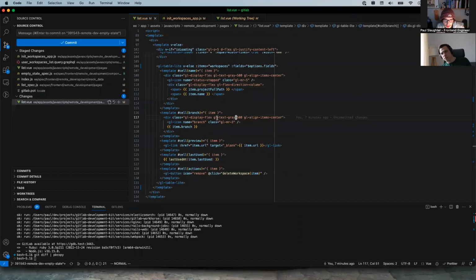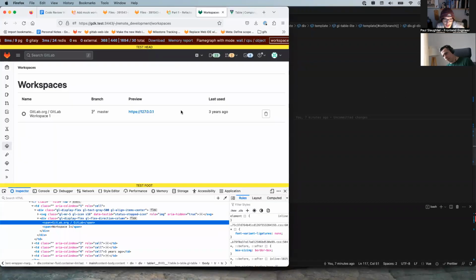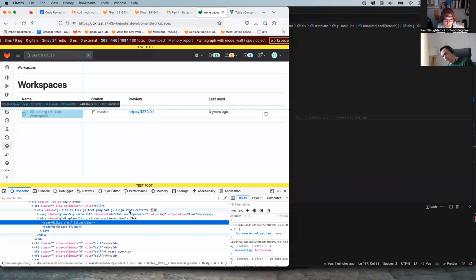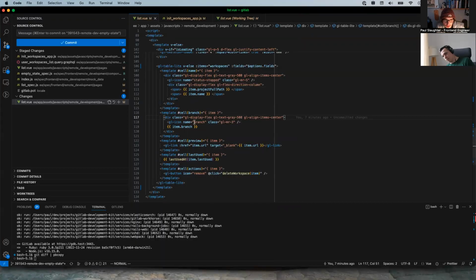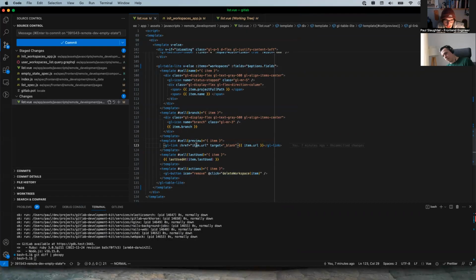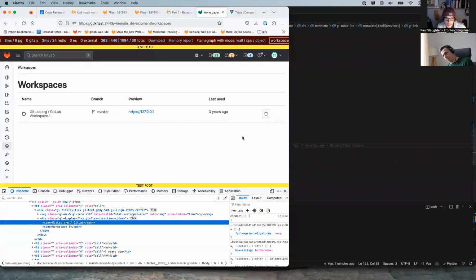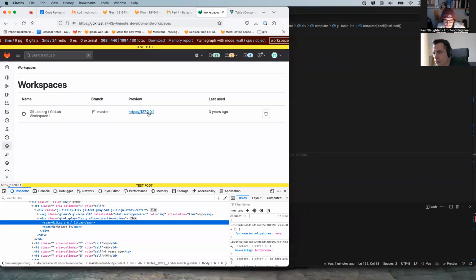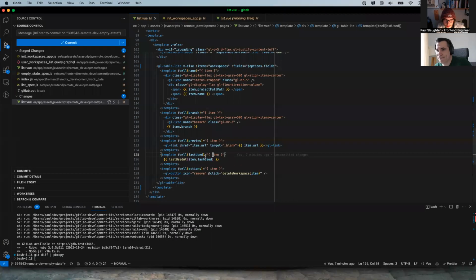Text gray. GL line items. Okay. Icon is a branch. There's the branch name. Great. Href. Target blank. Okay. Reads good to me. Yeah.